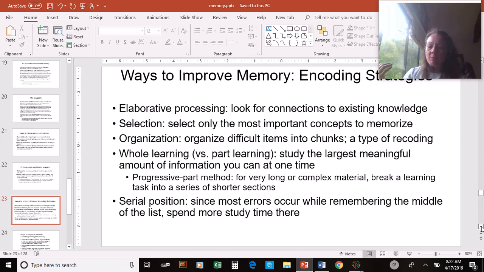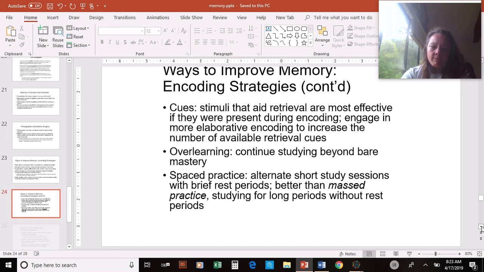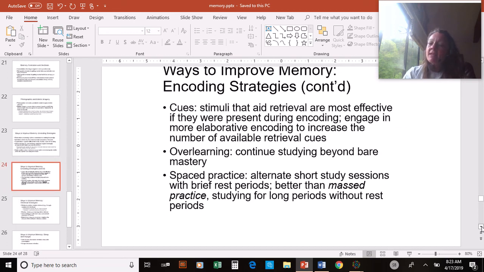And then once again, we have what we call the serial position. We tend to remember the beginning and the end. To remember the beginning, it's best. To remember the middle, it's best if we focus more on that middle information. And then, like we said, we can also have things like priming, things like cues that help us remember the information. Then we have things like overlearning, and overlearning is basically, say you take a class and you're interested